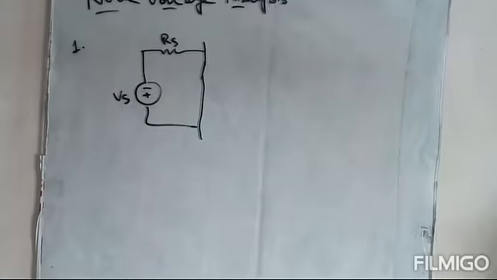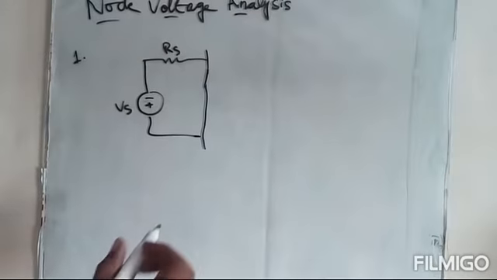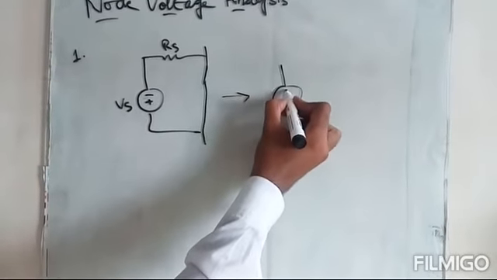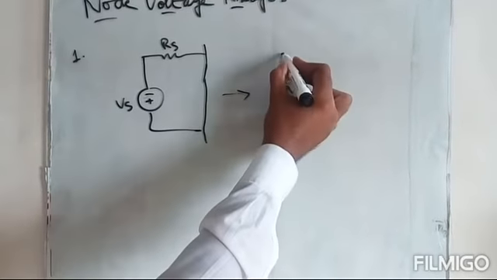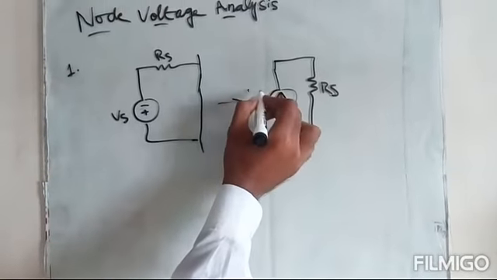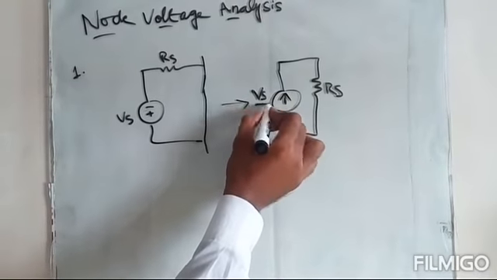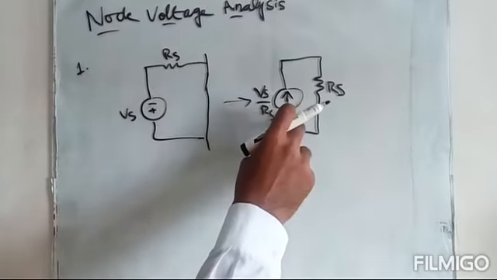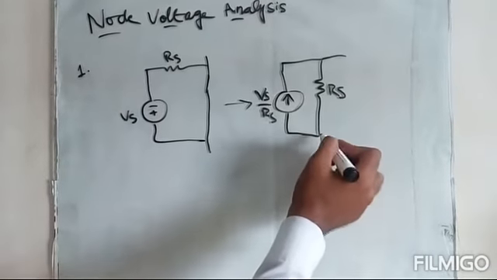If the voltage source is in this form, then we can use source transformation to solve the circuit, and we can convert it into a current source with a parallel resistance Rs. IS will be equal to Vs over Rs. In this way we will know the value of the current and we can apply KCL rule.